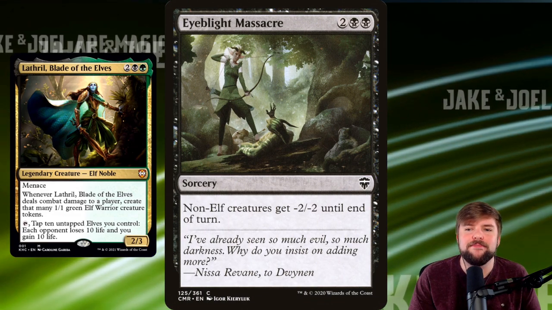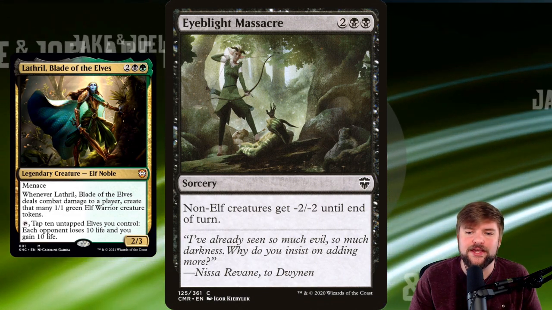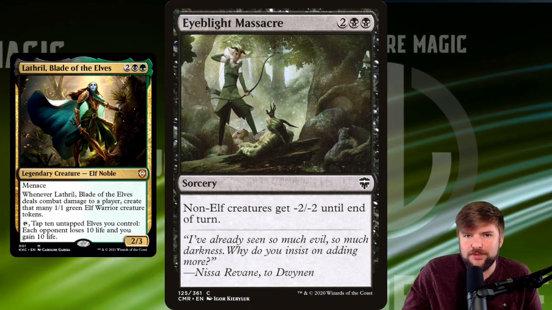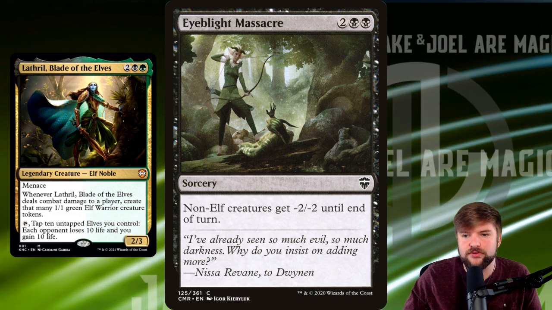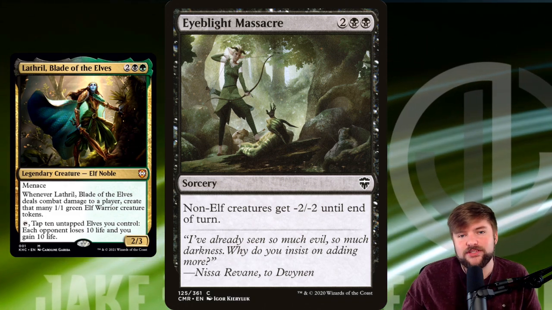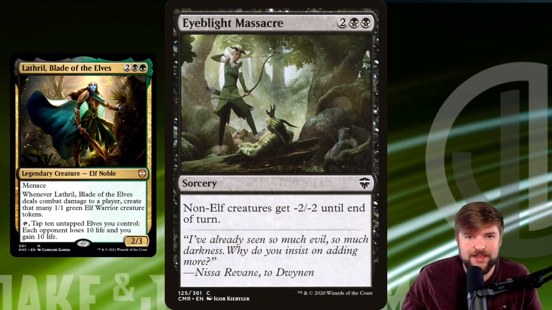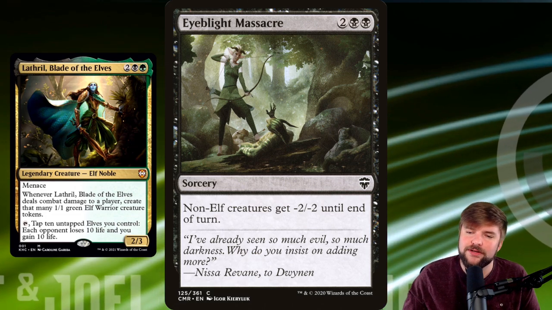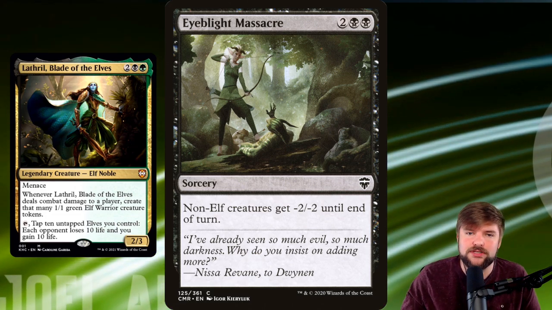We've also got Eyeblight Massacre, which is a sorcery in this deck. Non-elf creatures get -2/-2 until end of turn. Now, you may be thinking, oh, that's really good. All of our creatures are going to be elves, so all the other creatures can get -2/-2. It's fine. At sorcery speed, it doesn't really make it a combat trick. If it was instant speed, I think this would have some playability, but other than that, -2/-2 is just not